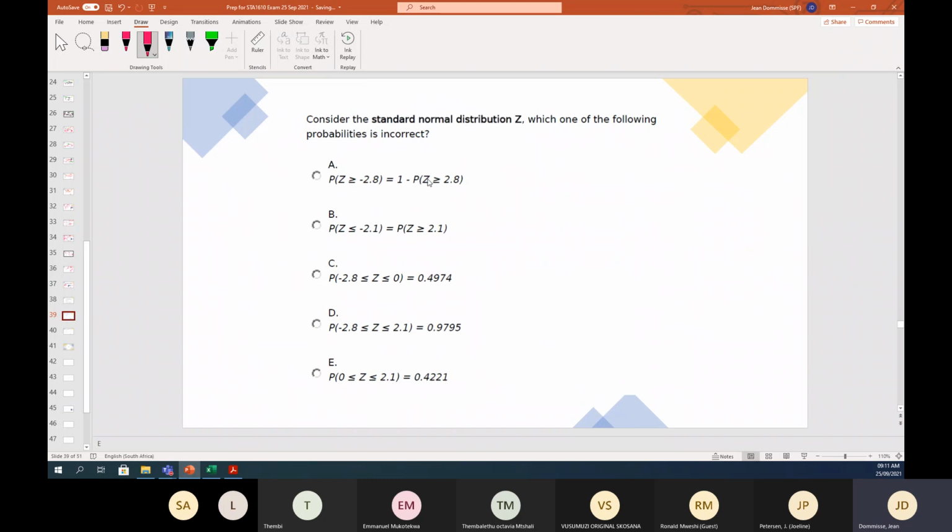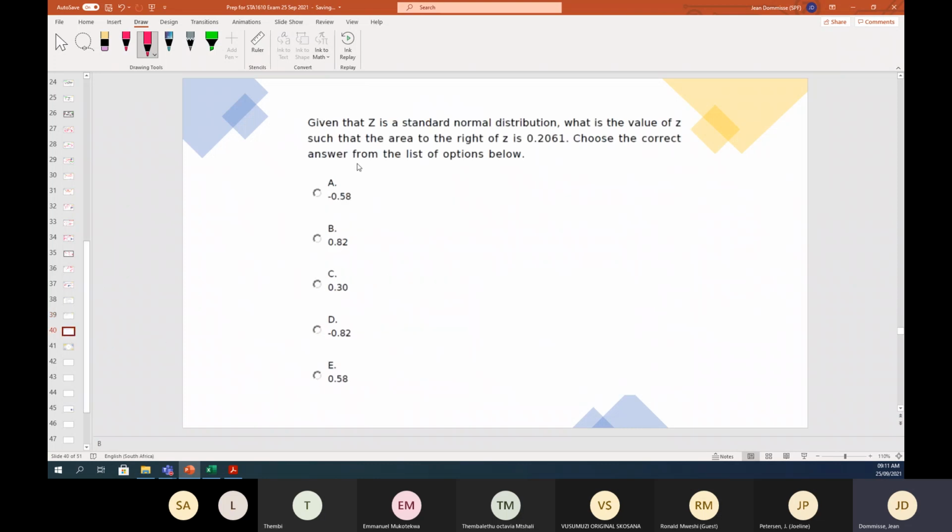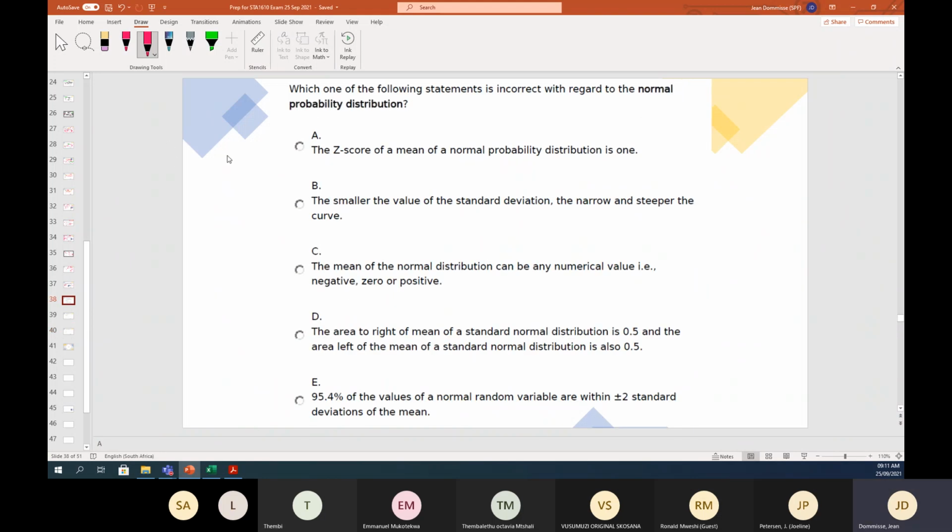So this one, I think it's very important that we nearly go through every one to make sure we understand. And I'll draw graphs and things like that. And then they can ask you, given some information, then what is the correct answer. Okay, so first the kind of